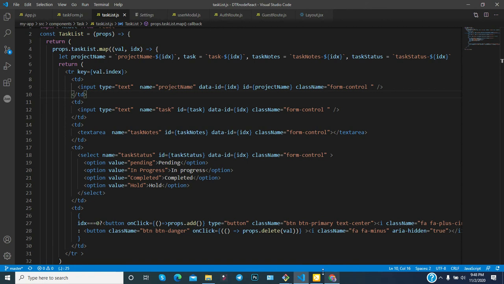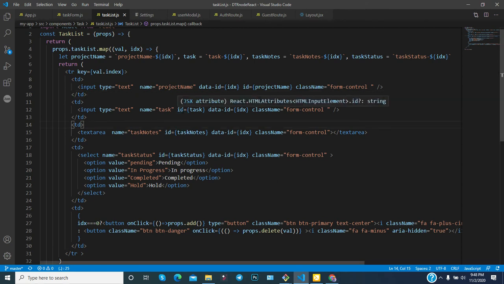For this you need two things. One is the index and another one is the value you want to update on that index. So one is fulfilled through the name, the value of the object, and this is the index of the object. This is the data ID.